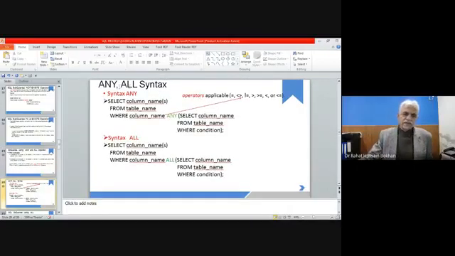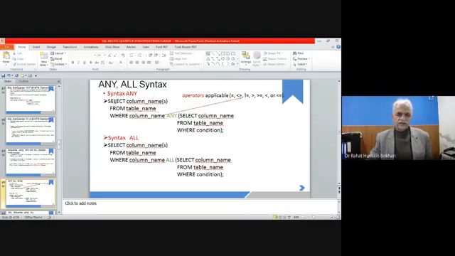Operators such as equal, less than, and not equal are not applicable with the IN operator, but they are applicable when you are using ANY or ALL.